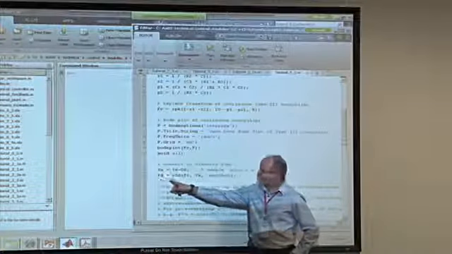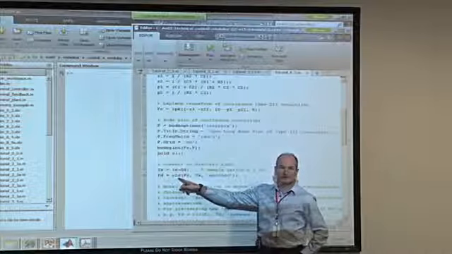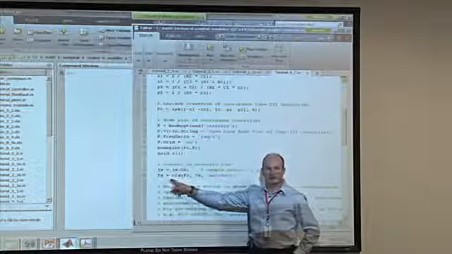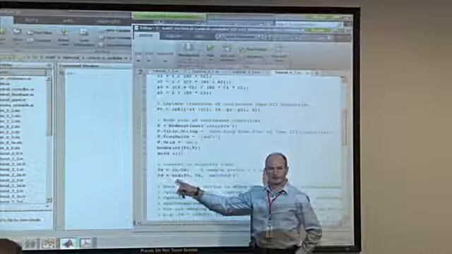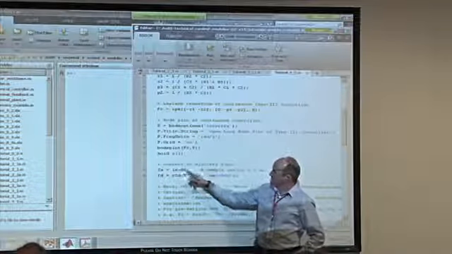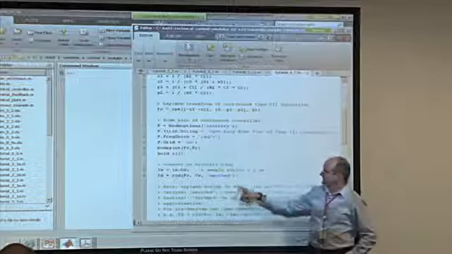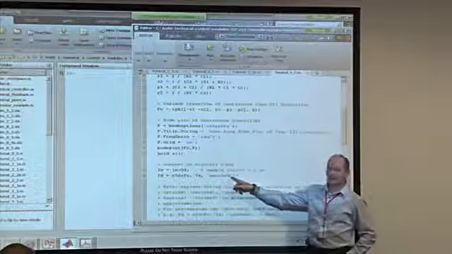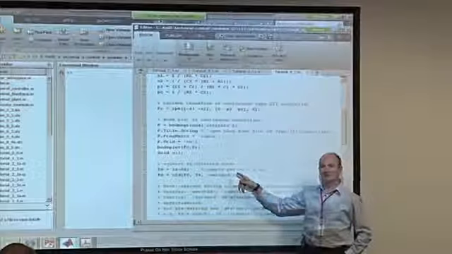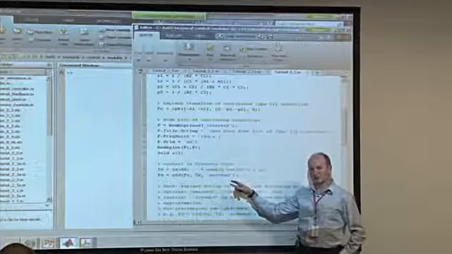And then there's an important function here called C2D. This is a MATLAB function, meaning continuous to discrete. This is the one that does the work for us. It needs to know the continuous time transfer function, the sample period, and then there is a string. The string tells it which method to use, and 'matched' tells it to use the matched pole zero technique that